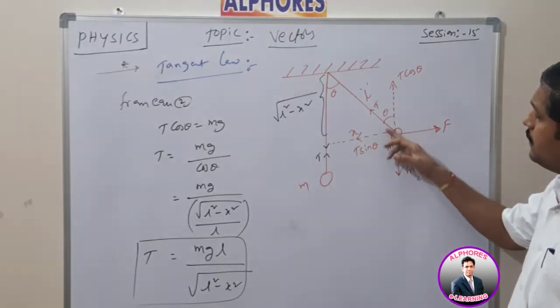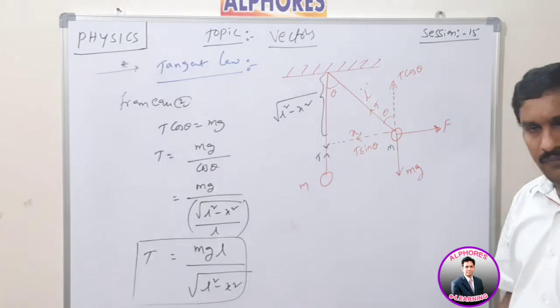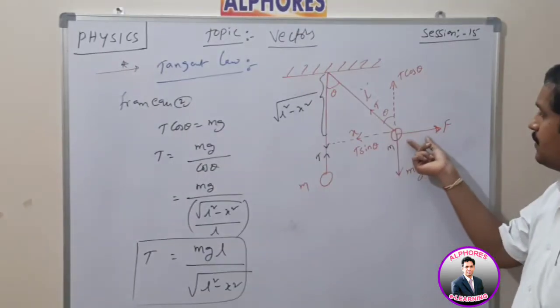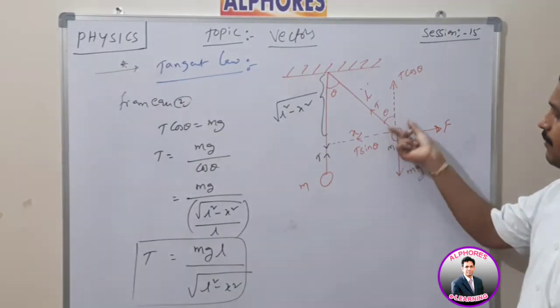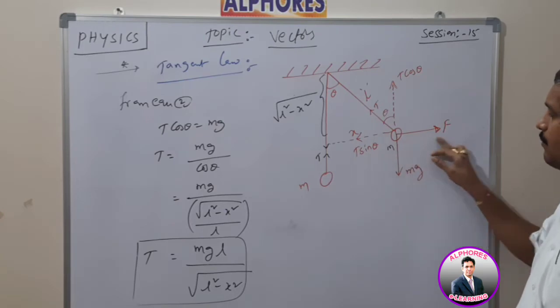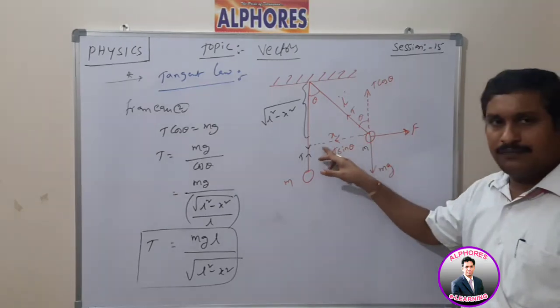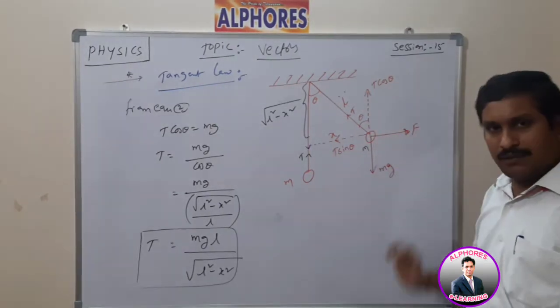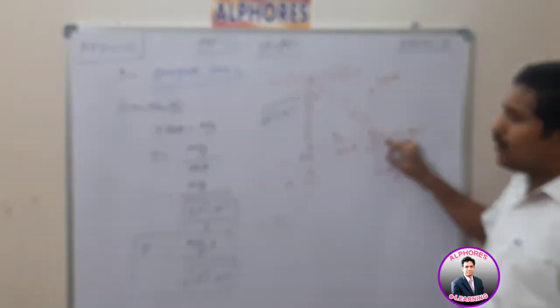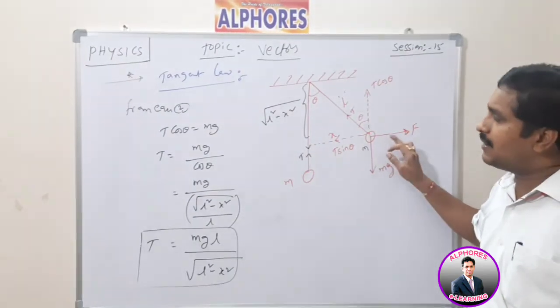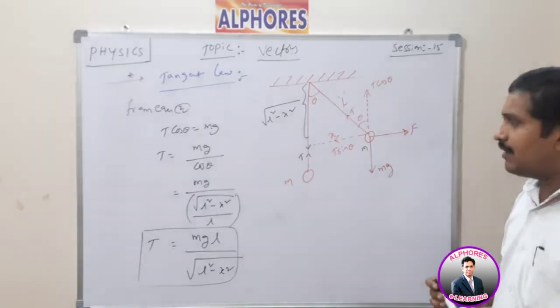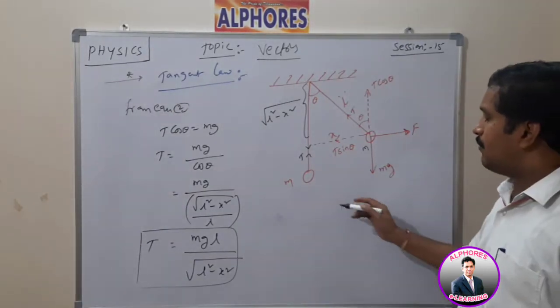Now, by taking the concept of equilibrium, the body which is at rest is in horizontal equilibrium as well as vertical equilibrium. Horizontal equilibrium means rightward force is equal to leftward force, and upward force is equal to downward force. So we got two equations based on this condition. By squaring both sides and adding up the equations, what is the value here?